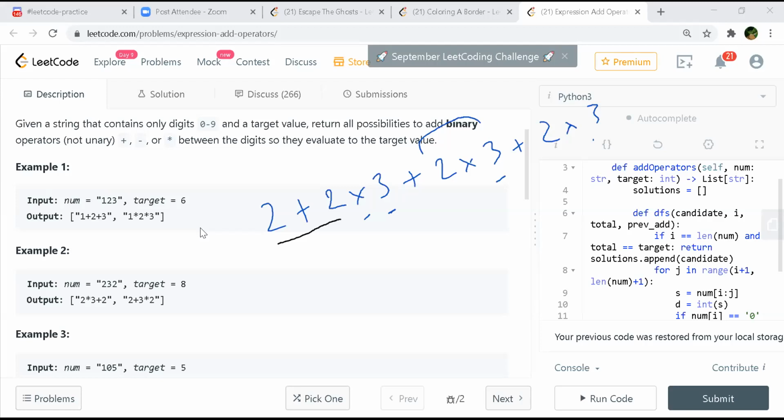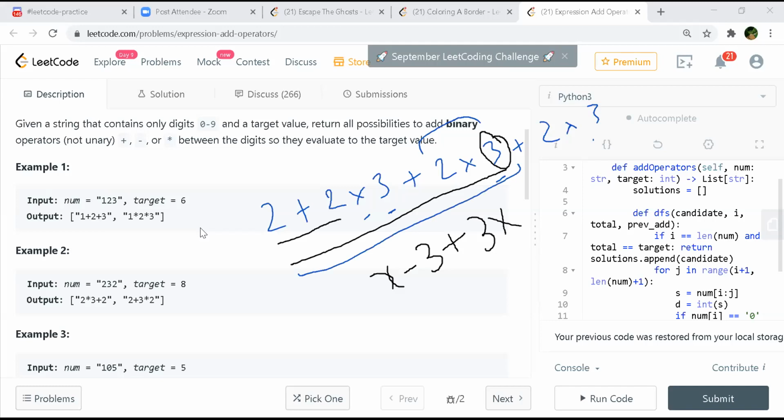Let's assume that the value up to this point is some x value. What you're trying to do is subtract the last previous value, which is 3, and add the new value, which is 3 into this. Is it addition or subtraction? What you want is multiplication, so this is correct. Till here you are doing it right. If you had a value here and plus was the previous operator, and then you multiply by 3, right?